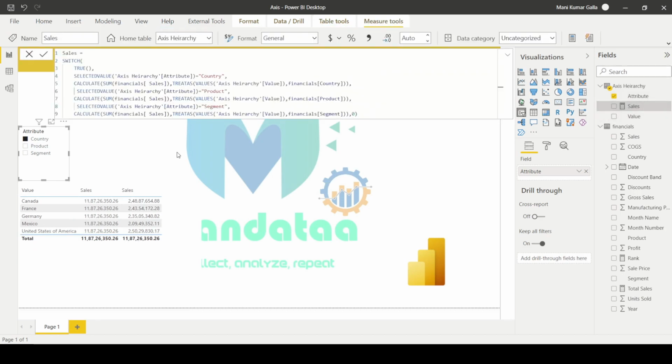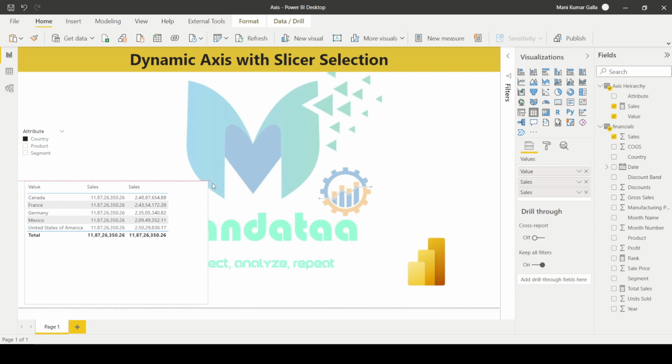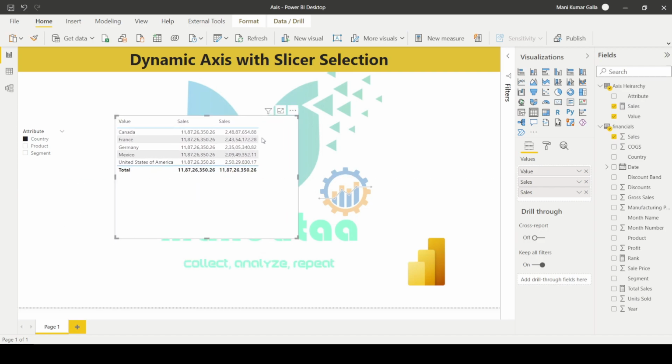Let's run this and check how the values are coming. As per the country, we are getting the values. Let's see for product and segment. Now if you see, values are switching as per product and segment as well.